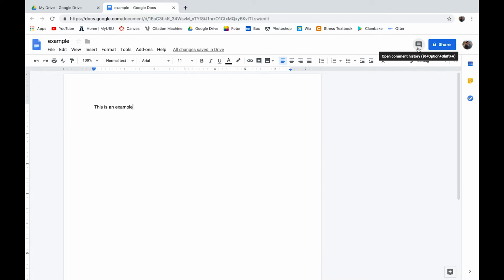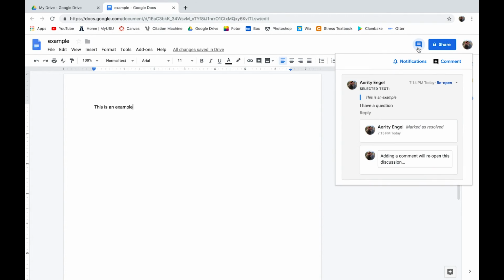You can also use that comment feature by clicking on the chat bubble up above. You can see that I marked my chat bubble that I made earlier as resolved. So it'll show that history as well in case something got resolved and you need to reopen it up again. So this was a